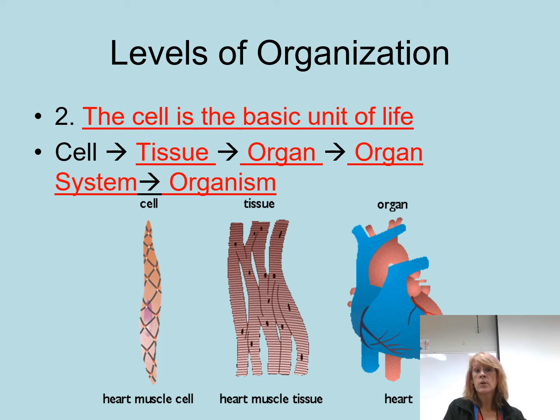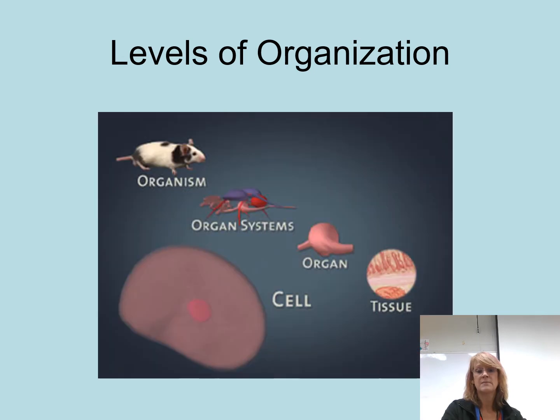Then, when you have a group of organs working together to perform a common function, you should see the pattern by now, we call that an organ system. Like when your stomach, small intestine, large intestine, all those work together, you've got your digestive system. And then when you put all the body systems together, that makes our multicellular organism. So again, tissues are groups of cells that work together, organs are groups of tissues that work together, organ systems are groups of organs that work together to make your multicellular organism, as you can see here.